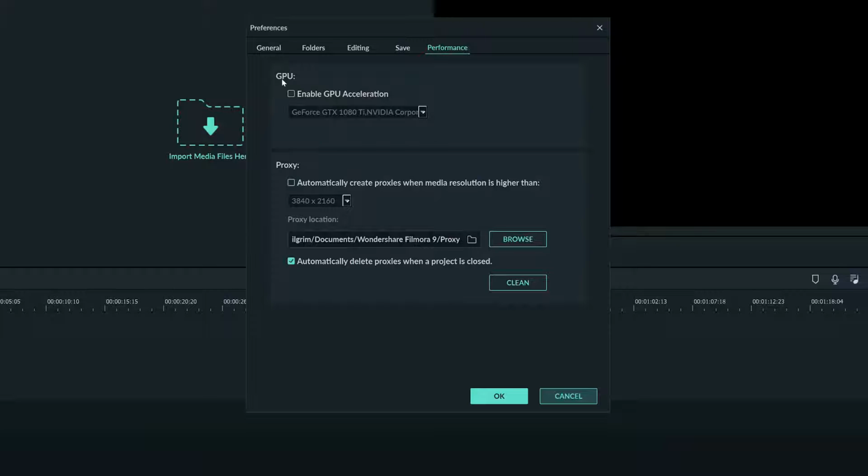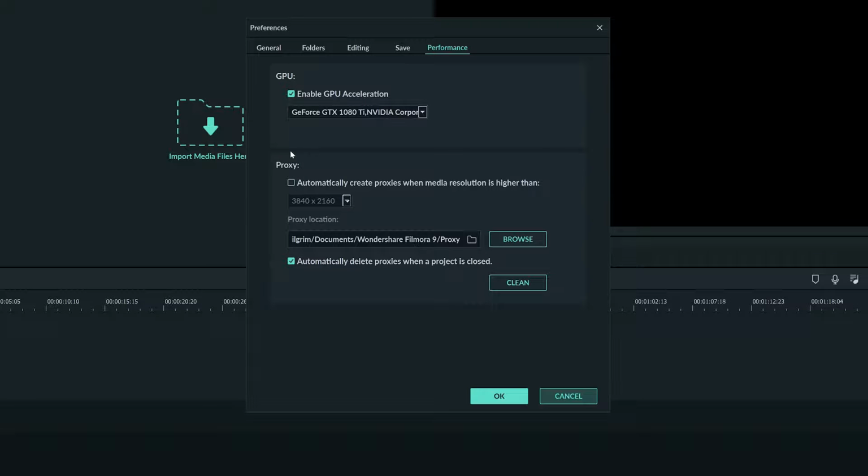GPU stands for Graphics Processing Unit. When you edit, you may be working with large, high-resolution files that give your computer trouble. The better the GPU, or graphics card in general, you have, the less of a chance you have to deal with lagging or slow footage while editing. However, whether your computer has a good GPU or not, there's a good chance that at some point you'll want